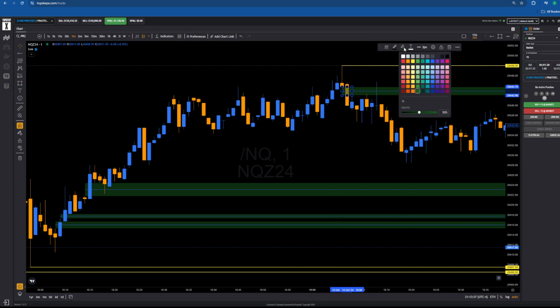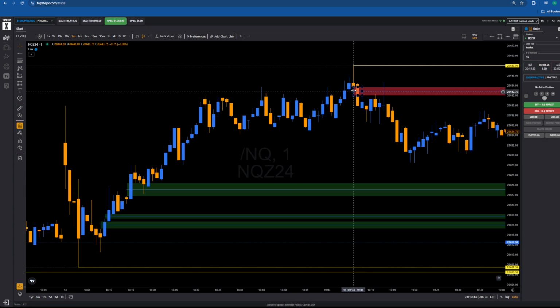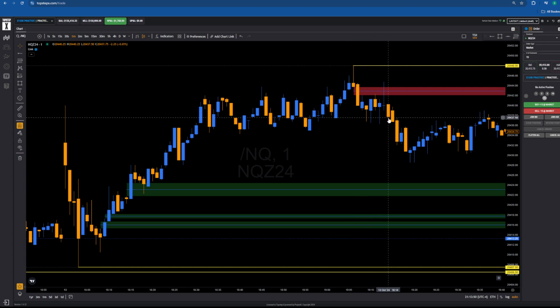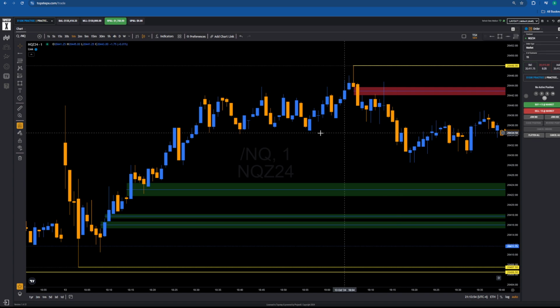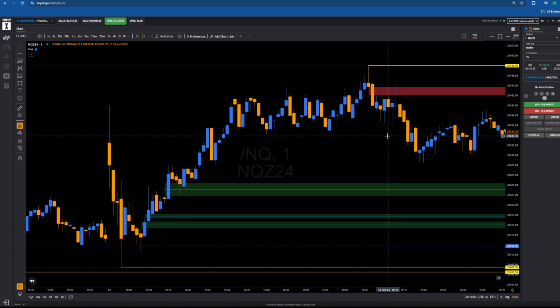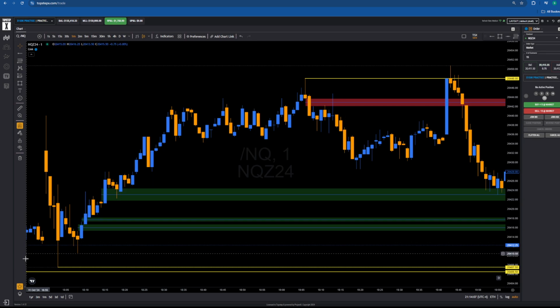So this is a bearish fair value gap. It formed and the market started respecting this bearish fair value gap. And when this candle gave a close below all these higher lows, that's when I started to watch the markets closely, because this indicates to me that the market has the potential to go towards these lows.